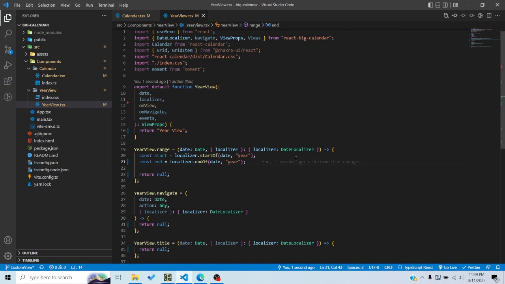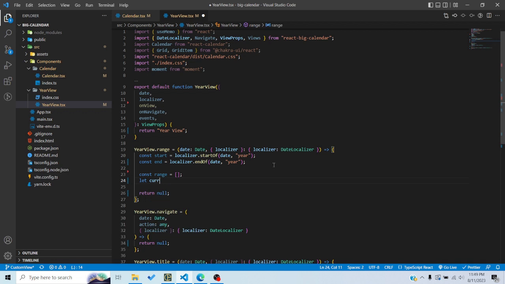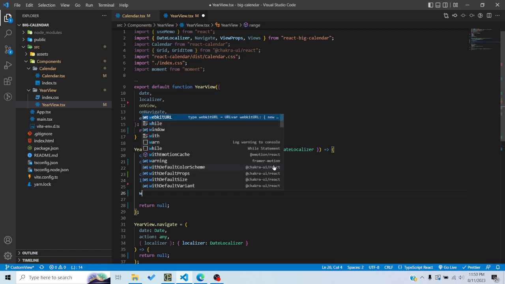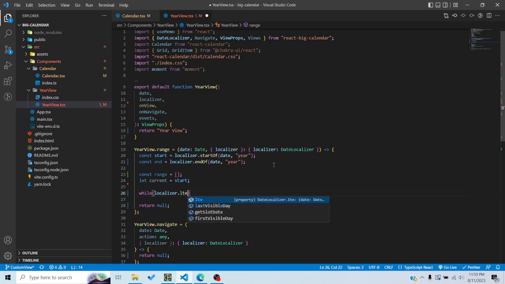It would take me to the end of the year. Now I would basically loop. I would add an array. So I would say const range is equal to this, then I will say const current is equal to start, then I will basically loop through. So I would say localizer dot lte